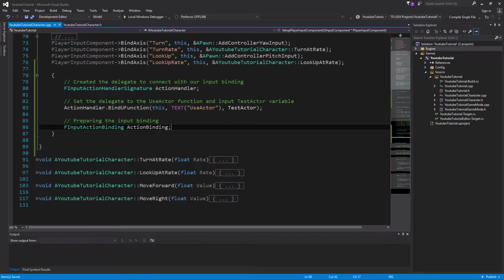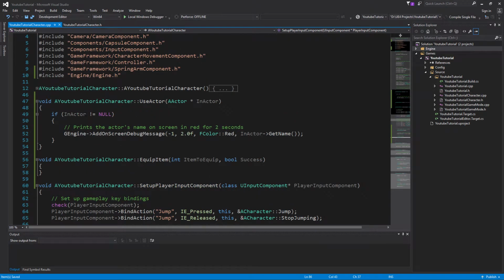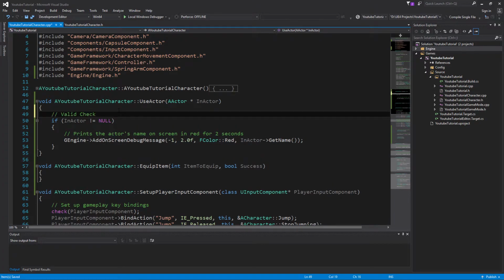I usually don't type out that kind of stuff. I usually just kind of go general with my stuff. Like in this case up here, prints the actor's name on screen in red for 2 seconds. You know, I would also put up here, valid check. Anyway,